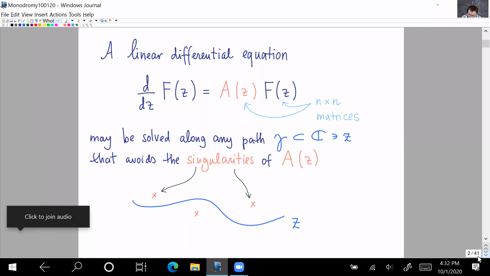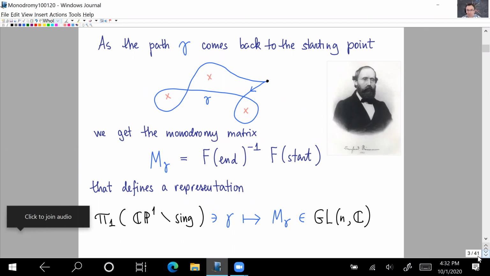So if a path comes back to itself, then the solution will not necessarily come back to the same solution. If I take a fundamental solution of a linear differential equation, a matrix, solve it along a path, and then evaluate the ratio of the fundamental solution at the beginning and the end of the path, we'll get some matrix which would be, by construction, very clearly